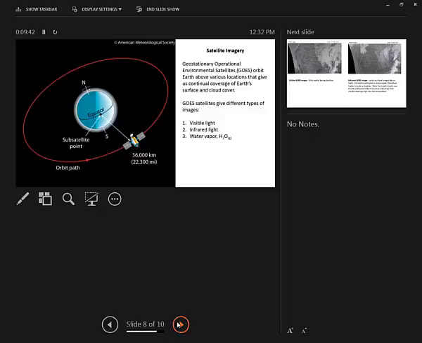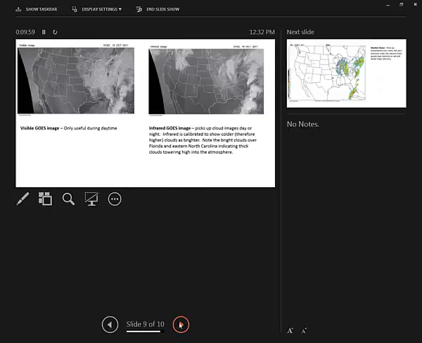Okay, and these GOES satellites are going to give us different types of images. The three that we will be looking at throughout the course are visible light images, infrared light images, and water vapor or H2O gas images. Now, if you look on the left, that is a visible GOES image. Now, these are satellite images that utilize only visible daytime sunlight. So in other words, if we take a look at part of the United States here, in this case it's going to be the west,